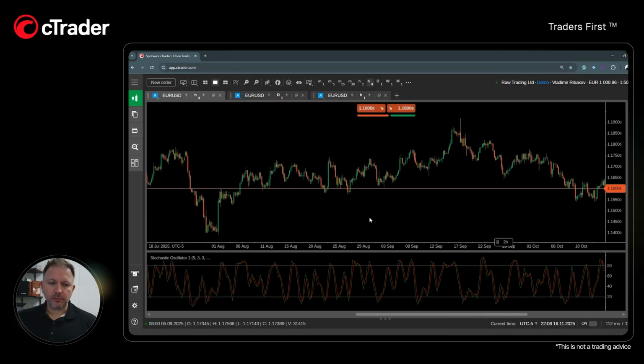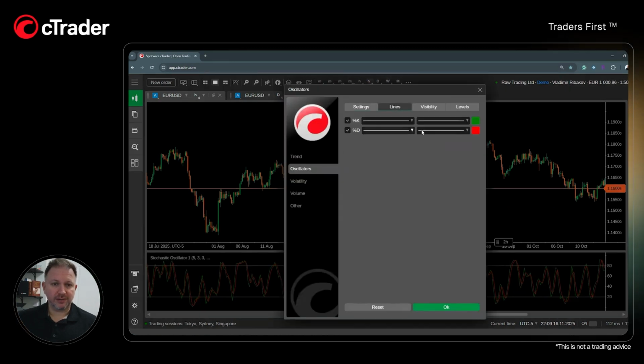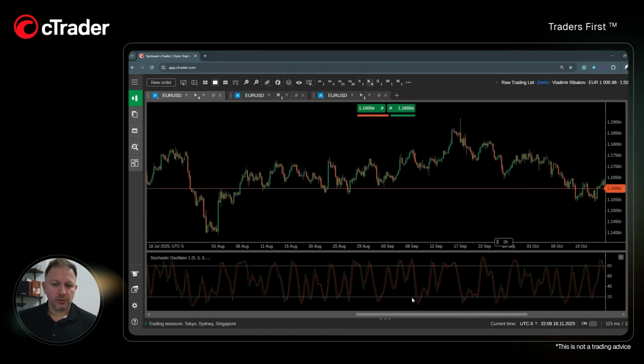So when you click OK, once again you can choose all the colors you would like here. You get two lines, the percentage K and the percentage D. Once again, I want to remind you, you can choose everything here: the visibility, thickness, and of course, the style. So when the percentage K, which is the current price of the oscillator, crosses above the percentage D, especially under the condition of oversold, it gives the indication that the market could actually shift its direction